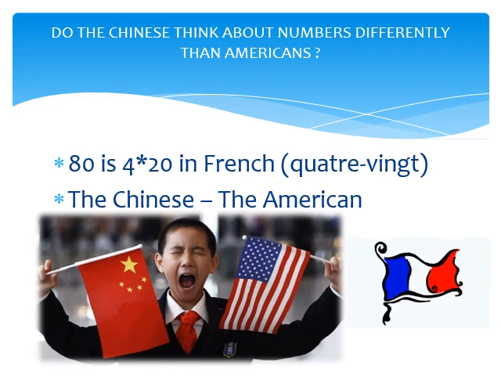Let us look upon this. Believe it or not, do the Chinese think about numbers differently than Americans? How languages name numbers and how they are pronounced differs widely. There are even significant differences between English and French. For example, in English, the number 80 is called eighty, and in French, it is quatre-vingt, or literally four twenties, 4 times 20. Do those differences in language influence how our brain processes numbers and mathematics?